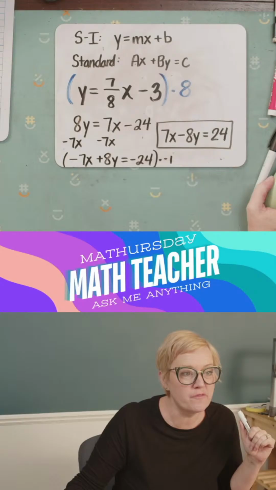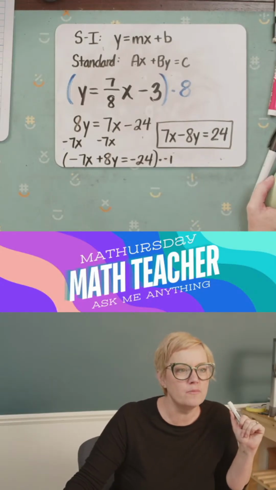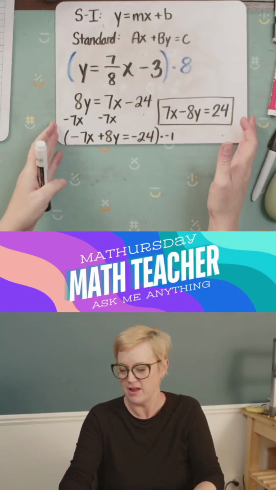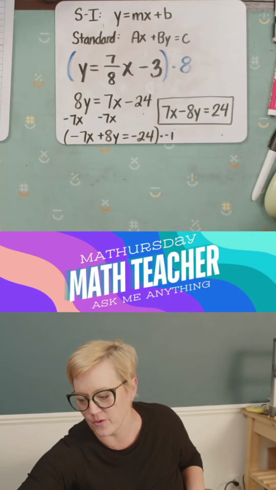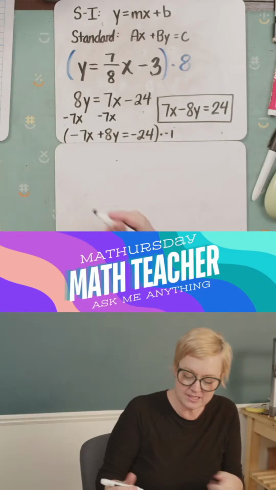Okay, so we can do a follow-up with OP. Do a point slope form into slope intercept with 3/4 as the slope and the point is 2, 5. I feel like it's a very specific homework question, but that's fine. That's what I'm here for. Okay, so point slope form